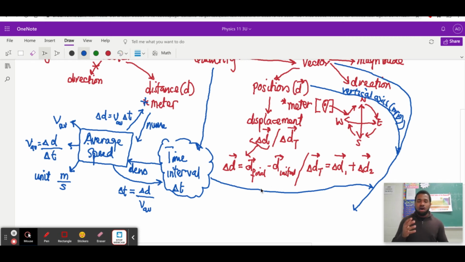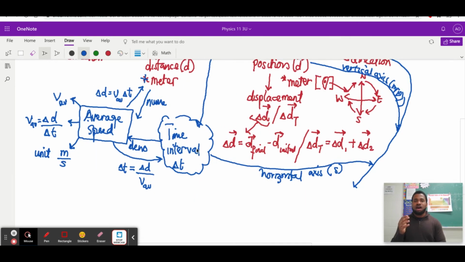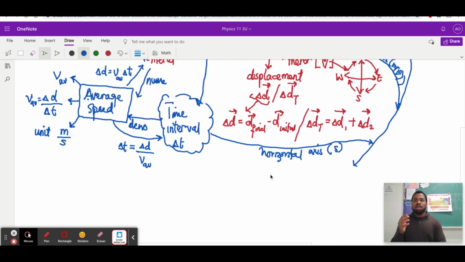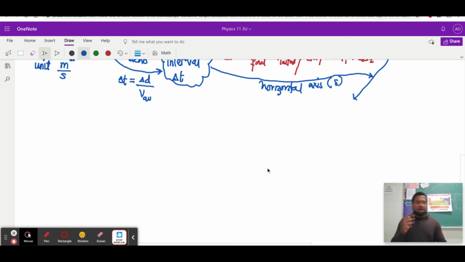But also our particular time is going to be recorded on the horizontal axis, which is the x-axis, and this is recorded in seconds. And so what we have when we associate our time interval with our position vector is the production of our specific recorded result, which is called a position